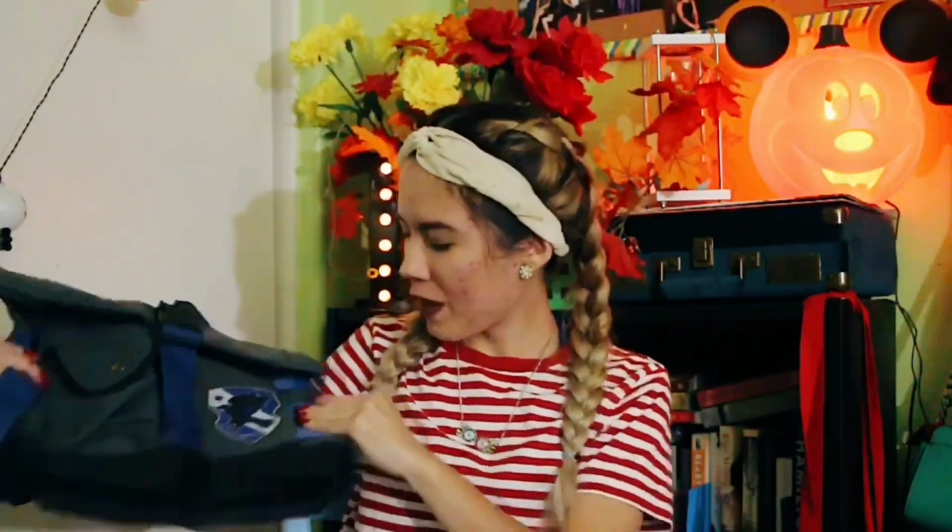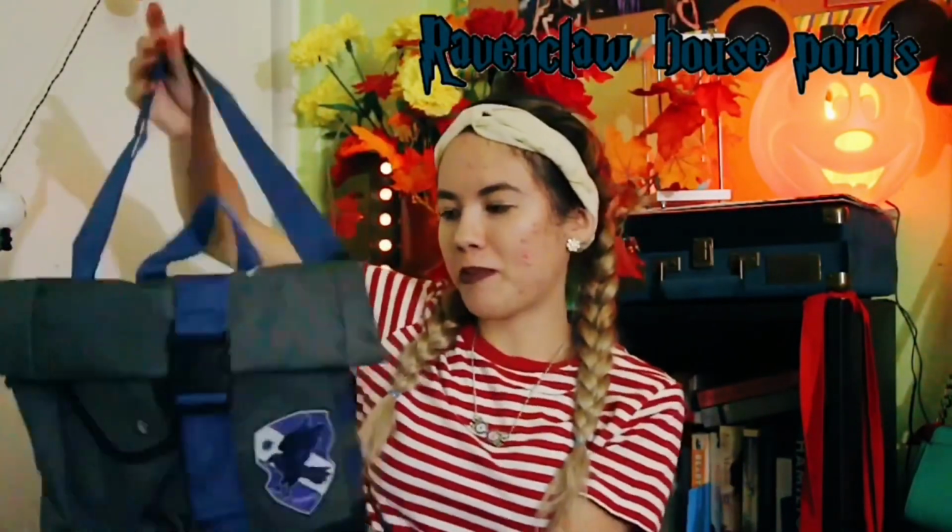So I got a little Ravenclaw bag for school, since it was back to school. My house is Ravenclaw, so that's why I got a Ravenclaw one. Next,